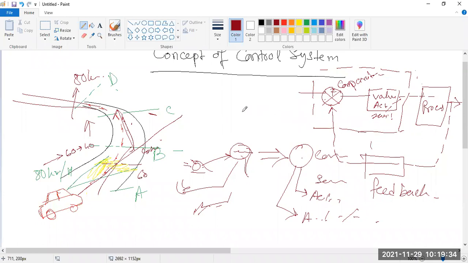This is called the block diagram representation of this control process. In your process control system, you can apply a valve, an actuator, and whatever sensor you need. Say this is the feedback, but you can say this is an IR sensor, or any temperature sensor, whatever is required. But in your control system course, you only give the mathematical model, not any physical model. But here we can apply the physical model.